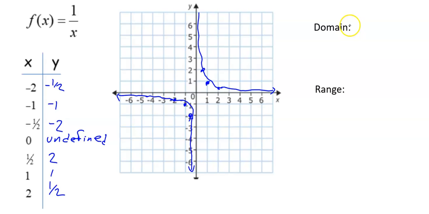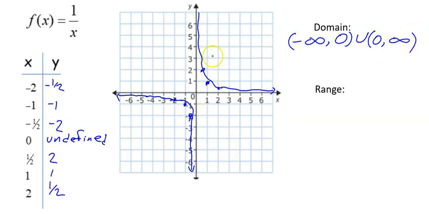So the domain, what are the x values that I can plug into this function that will generate real y values? Well, the domain, we can start plugging in values way over here at negative infinity. I'm using a parenthesis because we can't actually touch negative infinity. We can keep plugging in x values all the way up until I get to 0. But I can't plug in 0. So this is saying from the left, plug in values until you get close to 0, but don't touch 0. And then we're going to make a union because we're discontinuous. Then on the other side, we start at 0, but don't touch that 0,